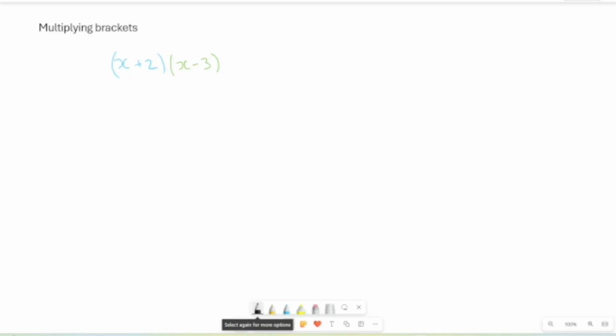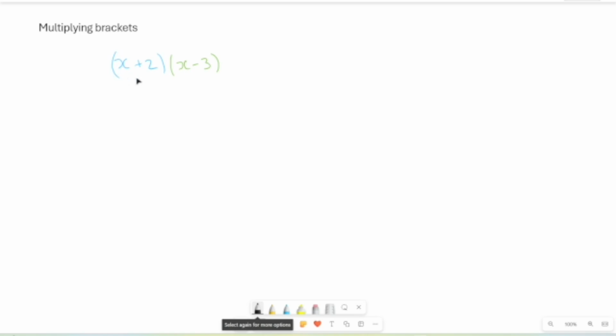So the first thing here, let's have a look at these brackets. X plus 2 is all one thing, and that's being multiplied by x minus 3. That's all one thing. Now, the first method involves leaving it written in one line, like this, and we multiply